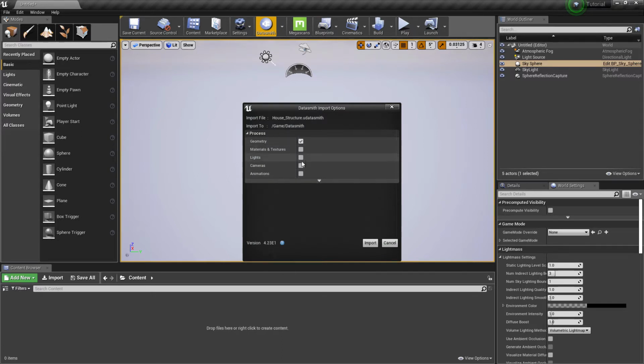Here are some options to choose what we want to import and what we don't. As our walls didn't have any material in 3ds Max, we are going to uncheck it. We also don't have any lights, camera or animations in the Max file, so again not selecting either of these.